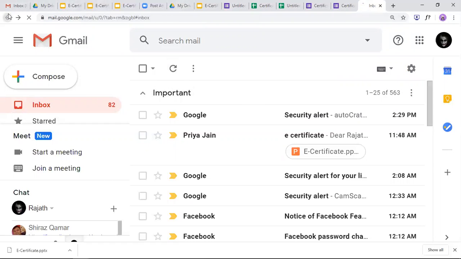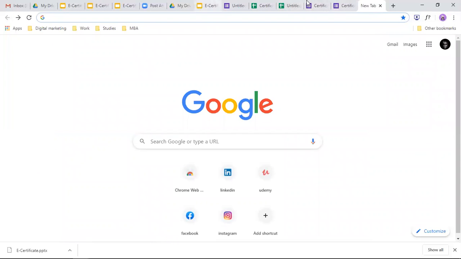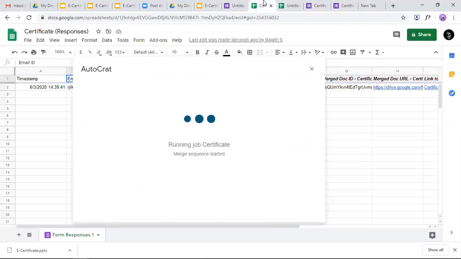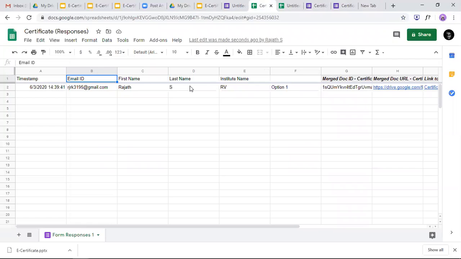I don't know if we have gone wrong somewhere. I'll just check again. We have not gone wrong. Actually, this morning the same thing happened with me. I got the certificate on my mobile phone because my app is working on mobile also. But on the computer, my mail ID is open, and I didn't get that mail. It would have been taken as others. Your email has two options: focused and others. So it is showing only focused mails to you.